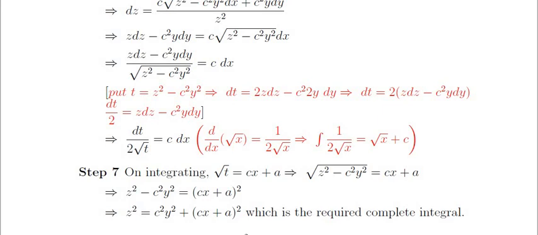Actually, first of all, we find out p and q. Then you write the solution dz equal to p dx plus q dy, which is a complete differential equation. And rearranging and integrating that differential equation, we got the complete integral. This method is known as Charpit's method.